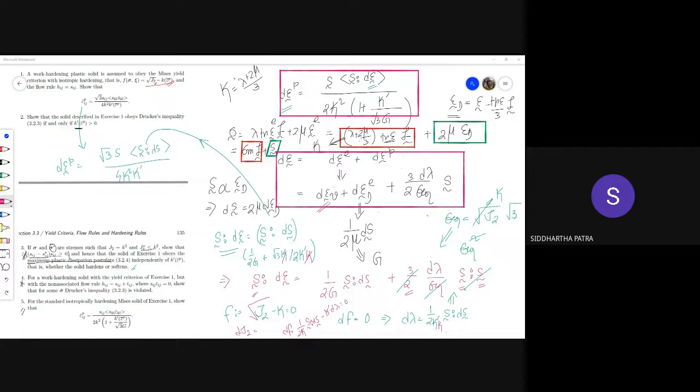So today we don't have enough time, but the plan was to start with